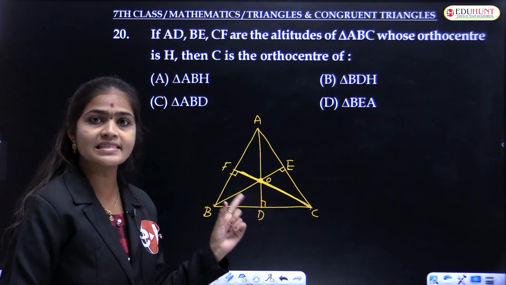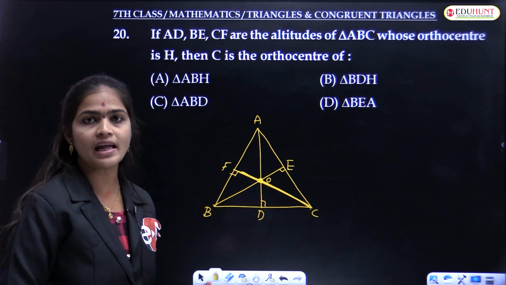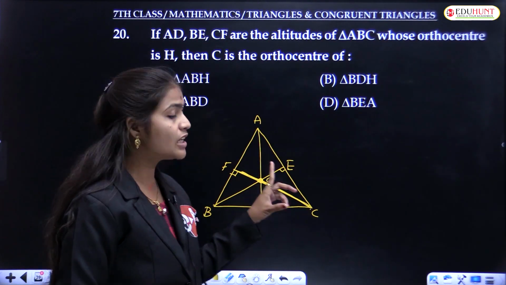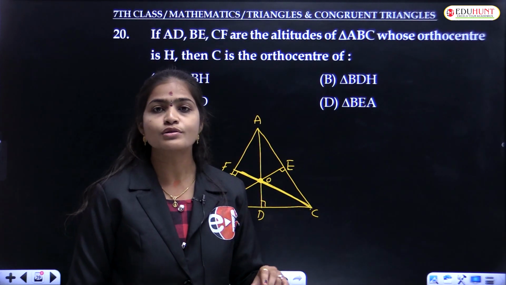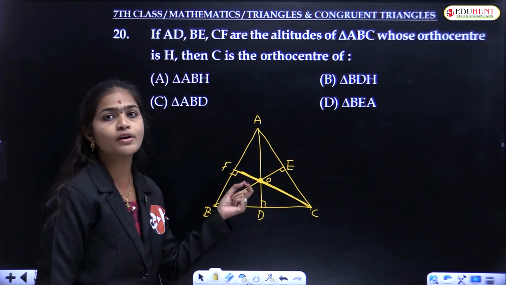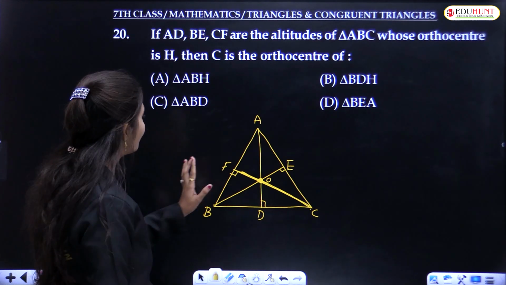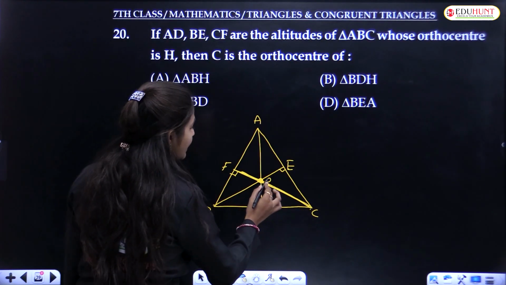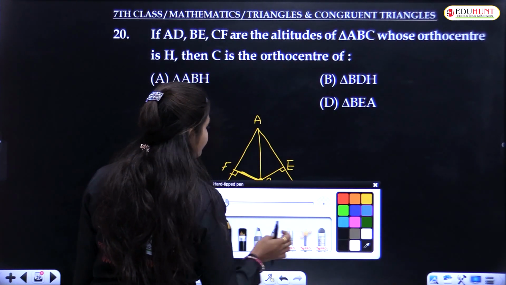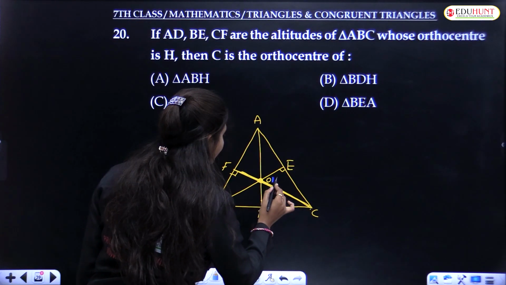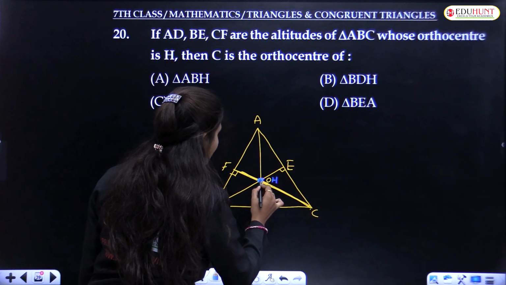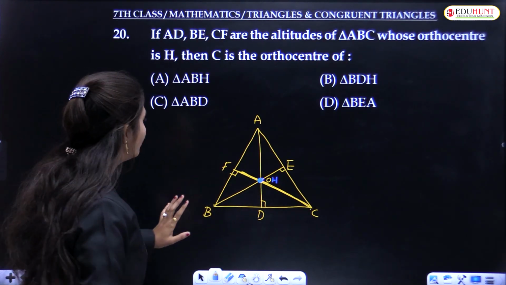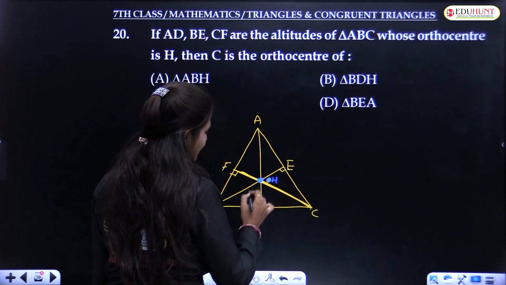We know that the orthocenter lies inside a triangle and also lies outside the triangle. Outside the triangle means which type of triangle? Orthocenter lies outside the triangle means it is an obtuse angle triangle. So in an obtuse angle triangle the orthocenter forms outside of the triangle. When you observe the given triangle, we can observe another triangle also. Here they gave O as H, no? So we can write that point as H, since it is the orthocenter. Orthocenter is represented with an H also, no? So that's why we take this as H.